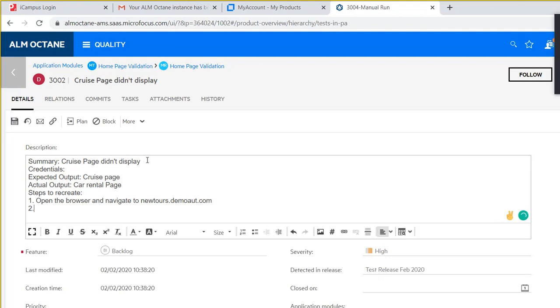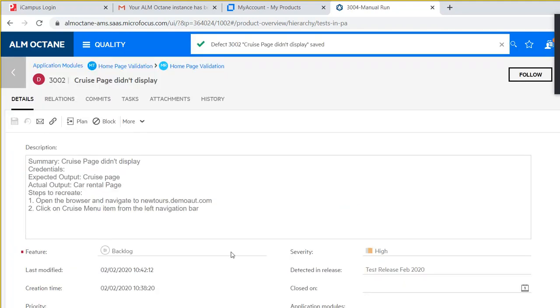Step 2: click on cruise menu item from the left navigation bar. Click on cruise menu item from the left navigation bar. This is, I think, all. And then you say,